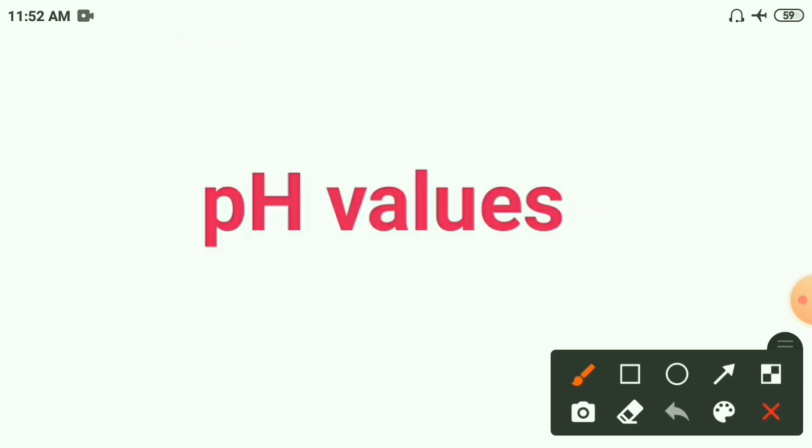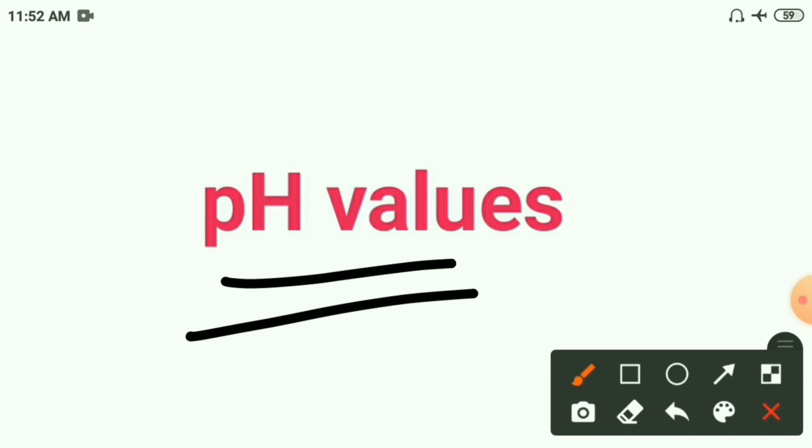We completed this pH values topic very successfully, and it is the most important topic in chemistry for competitive exams. In every examination, damn sure at least 2 questions come from these pH values. So if you learn this topic very well, you will definitely get at least 2 marks. So learn this topic very well, and all the very best for your exams.